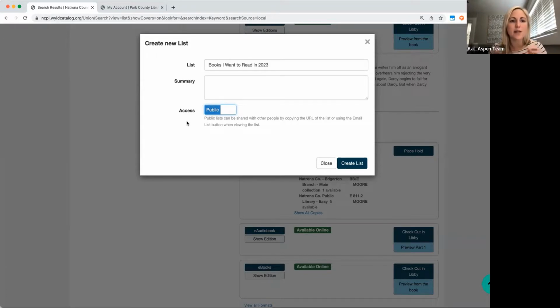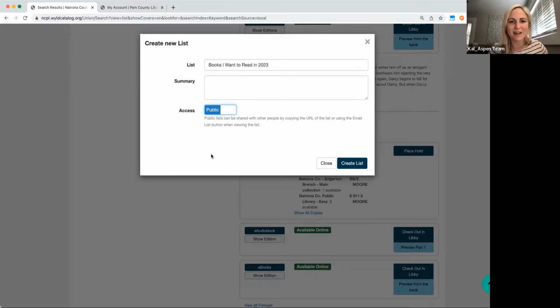What that does not mean, very important, is that this will ever be in Aspen for other people to discover or find. It only means that if I make this list public, I can choose to share it by either URL or by email. But that interface that I just showed you where your lists were listed out, if I make this public, that does not mean that it will ever show up for anyone else in Aspen.